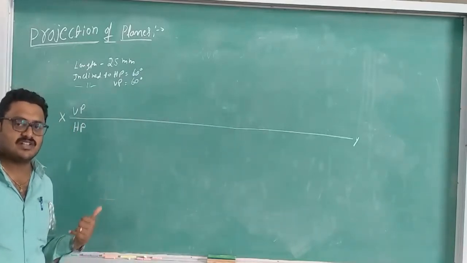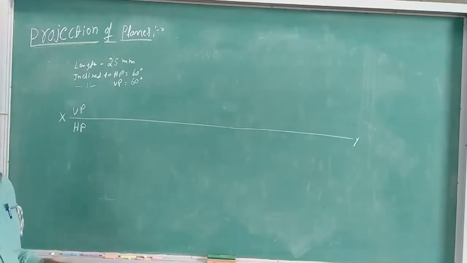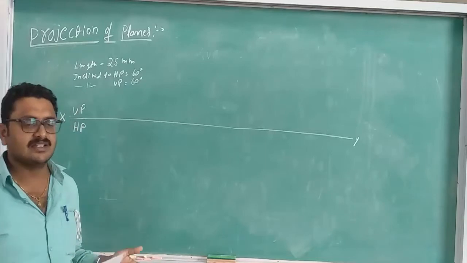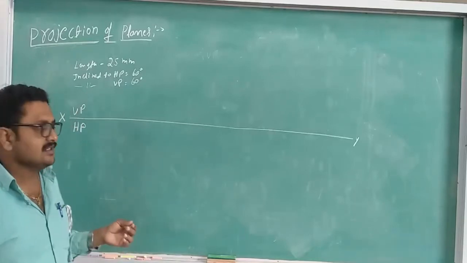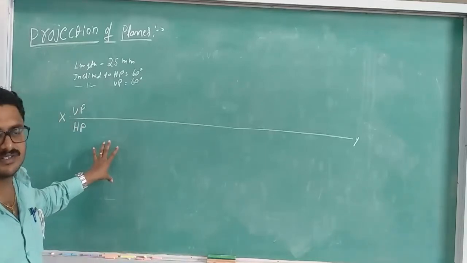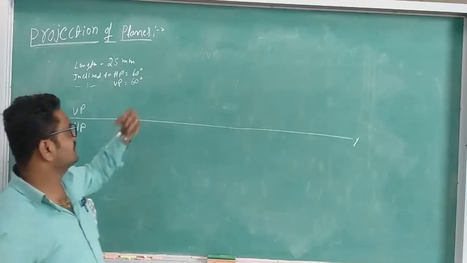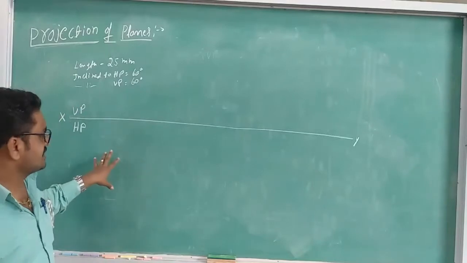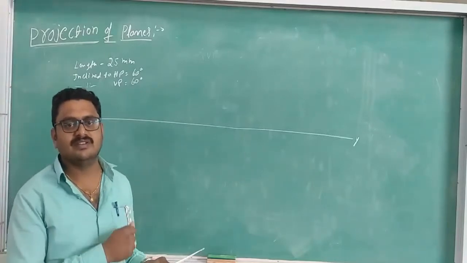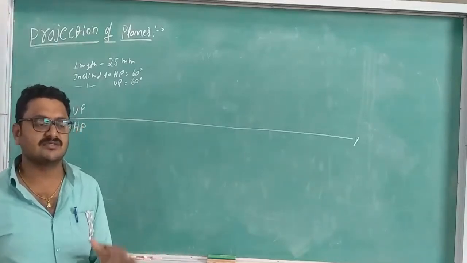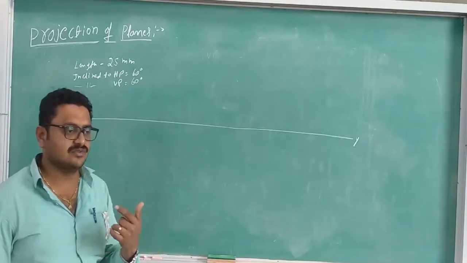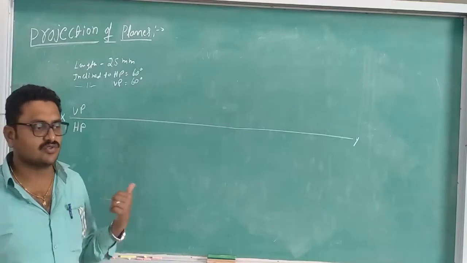Coming to the first step, in the first step we will discuss the resting condition. Where is the lamina resting, on what is it resting? Whether it is resting on HP or on VP, that is one condition we will see. And whether it is resting on an edge or on a corner, we need to see. These are the 2 main conditions we need to check to solve the first step.